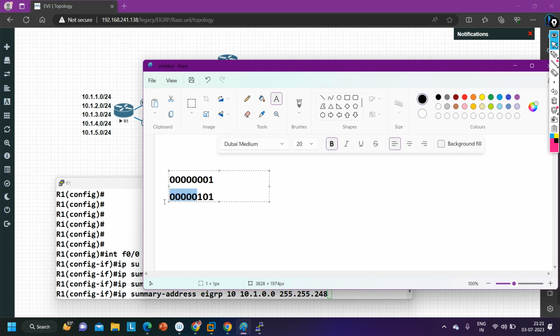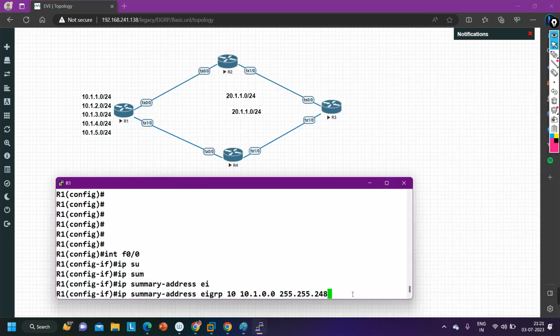How many common bits are there? 5. So 8 plus 8 plus 5. What will be the total value? 21. So what will be the subnet mask for /21? 248. So 248 is the right answer.